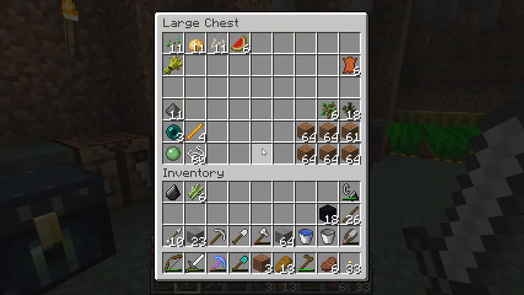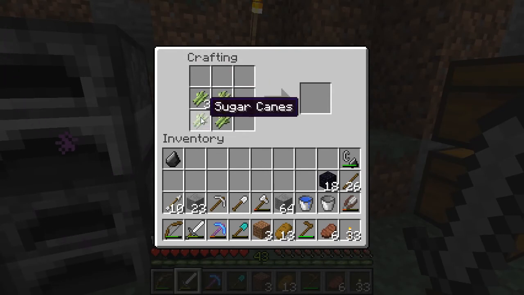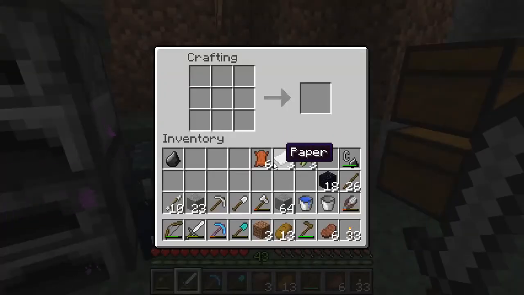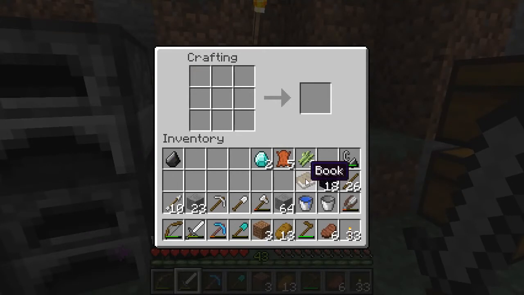Now, why did I come back here? Oh yeah, the reeds. I'm trying to remember how to make paper. There we go. 3 paper. And I know I've got some pieces of leather here. With the 3 binding it out, I remembered how to make a book. I'm actually kind of surprised by that. Along with 2 diamonds, I believe. If how we did it before. So there's the 4, the 2 diamonds,